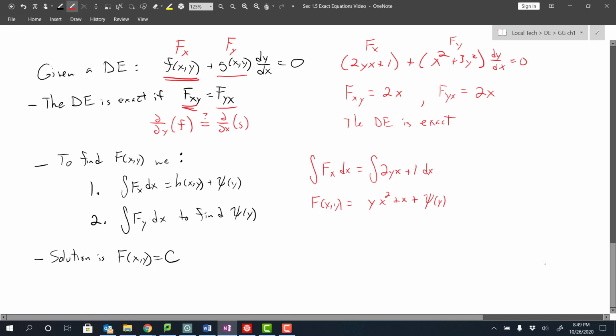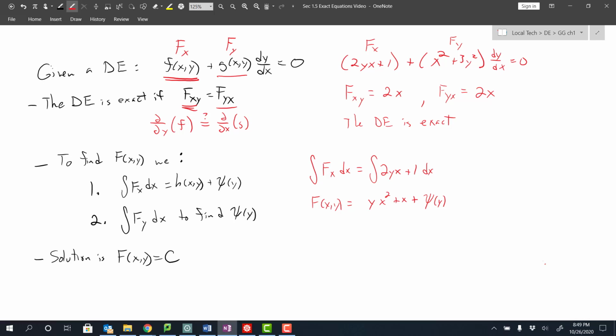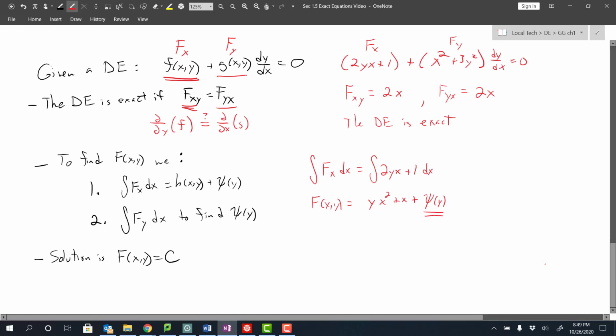Because remember, to check my work after integrating, I could take the derivative and see if I get back to where I started from. But in this case, because I'm taking a partial derivative with respect to x, any function of just y would disappear when I'm calculating that partial derivative. So this is my first guess at my function,